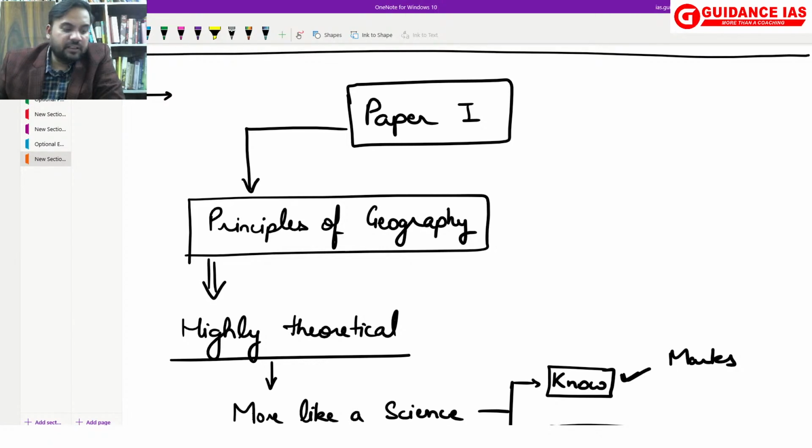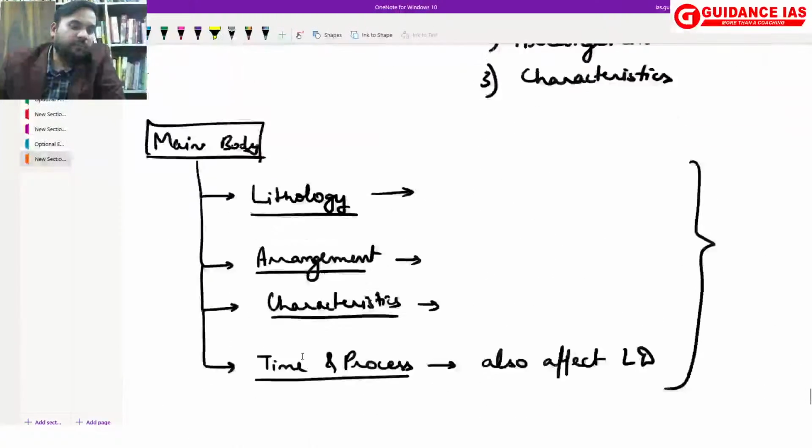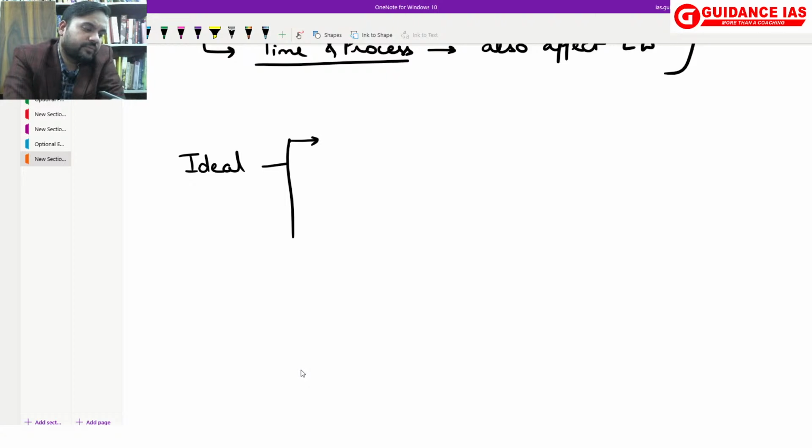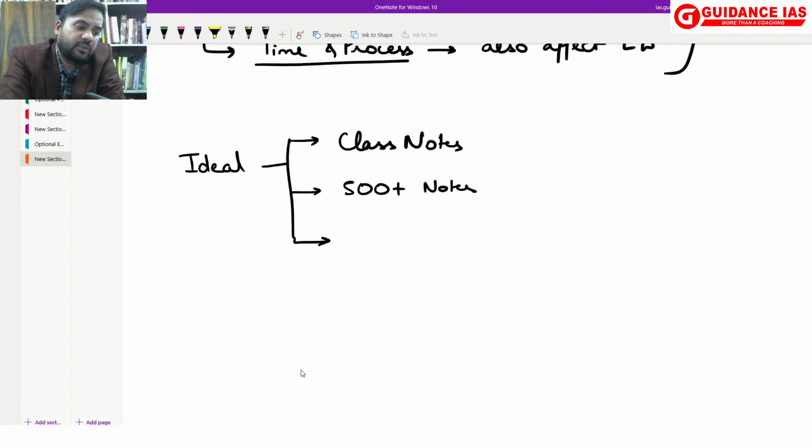एक दो चीजें और बता देता हूं. One of the biggest mistakes that students would do is they would go for the ideal approach. And ideal approach में होता क्या है? They will think about जो अपने क्लास नोट्स हैं वो भी पढ़ लिए जाएं, whatever they would have studied, 500 plus notes which will be made in the class and what I'll be giving you, and they will also think about reading some books. Now tell me practically, क्या ये possible है? Is it possible?